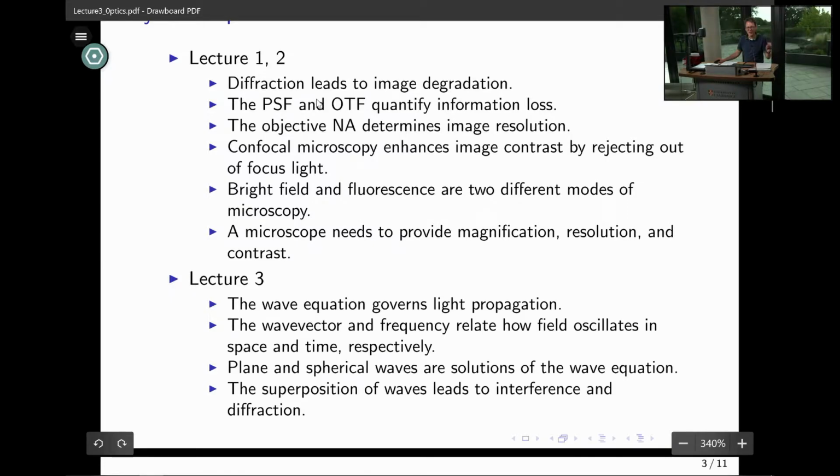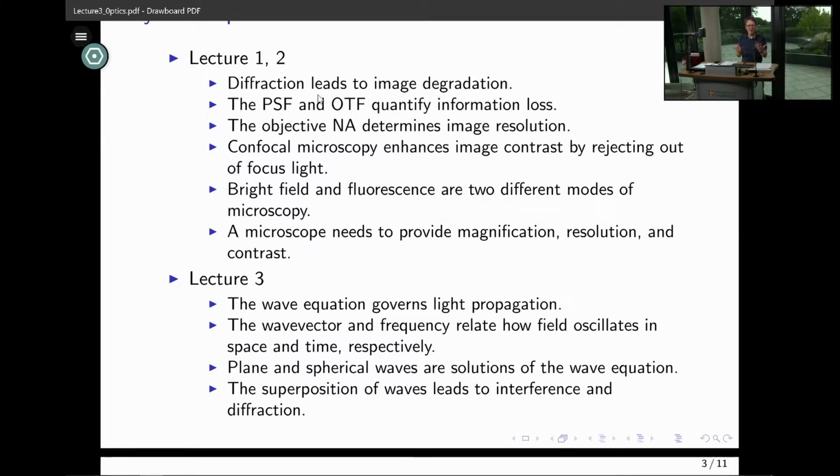We defined, at least qualitatively, the point spread function and the optical transfer function, which quantify how information is lost. So if I have a point in the sample plane, this point isn't imaged as a point, it's imaged as a blob, and that blob is called the point spread function,